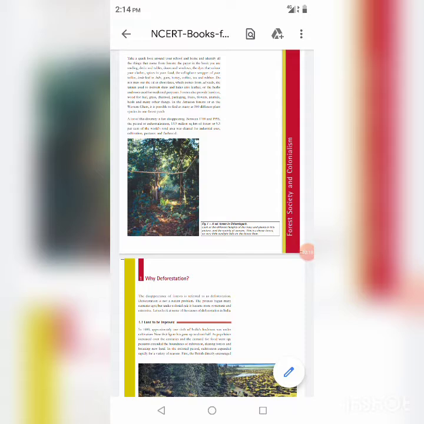Deforestation is the cutting down of trees indiscriminately in forest areas. Under colonial rule, it became very systematic and extensive. Now, why deforestation? As the population increased over the centuries and the demand for food went up, peasants extended the boundaries of cultivation by clearing forests.